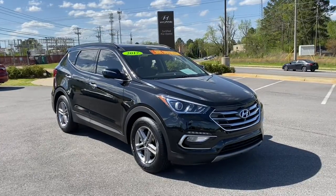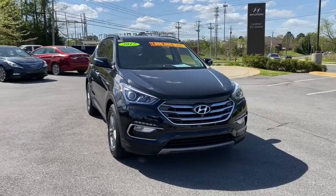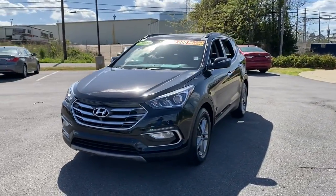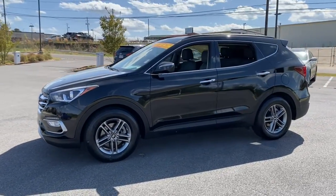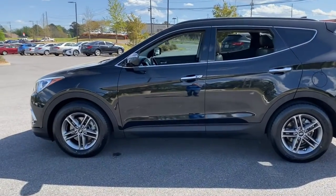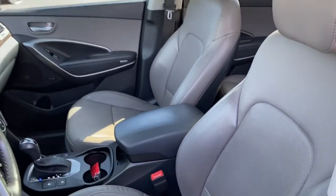Picture yourself in the 2017 Hyundai Santa Fe. With less than 90,000 miles on the odometer, this vehicle stands out from the rest. Relax and enjoy the road trip in this convenient, well-equipped Santa Fe. Crossover versatility, striking looks, the latest infotainment and safety tech, and a spacious, comfortable cabin are yours in this stylish,